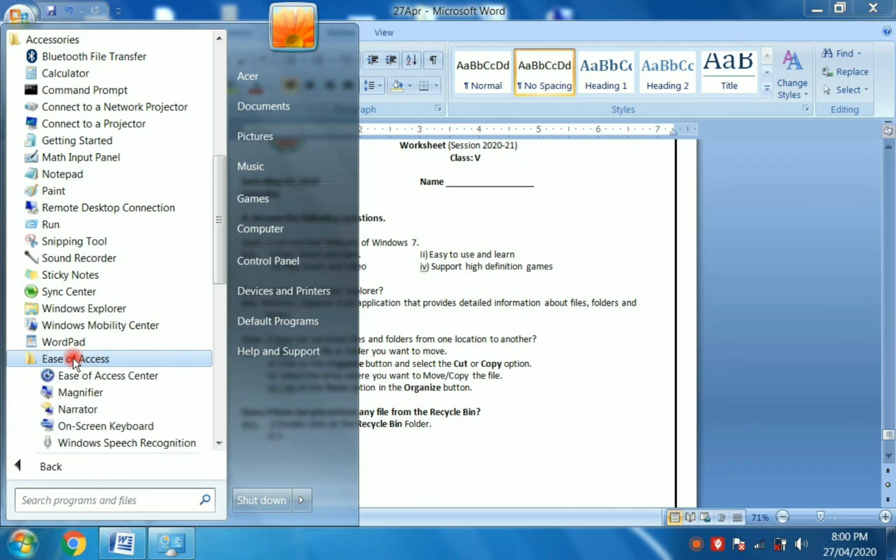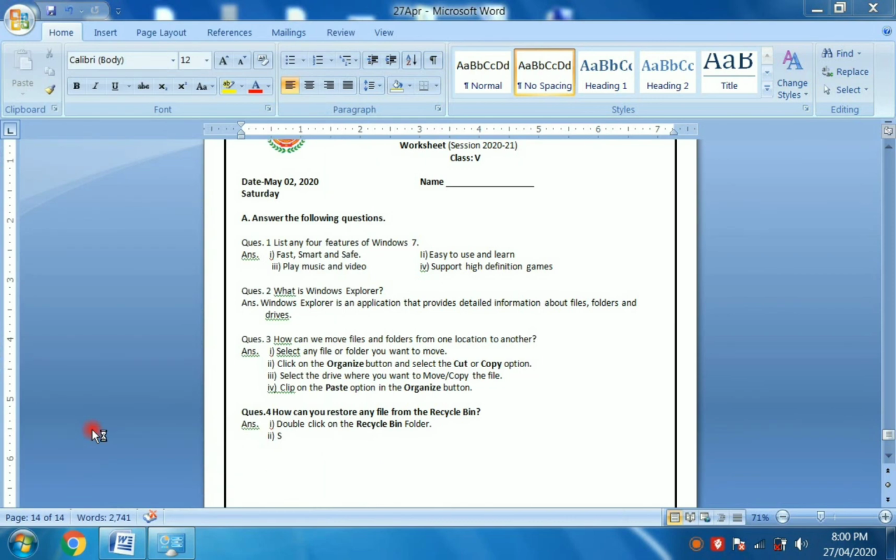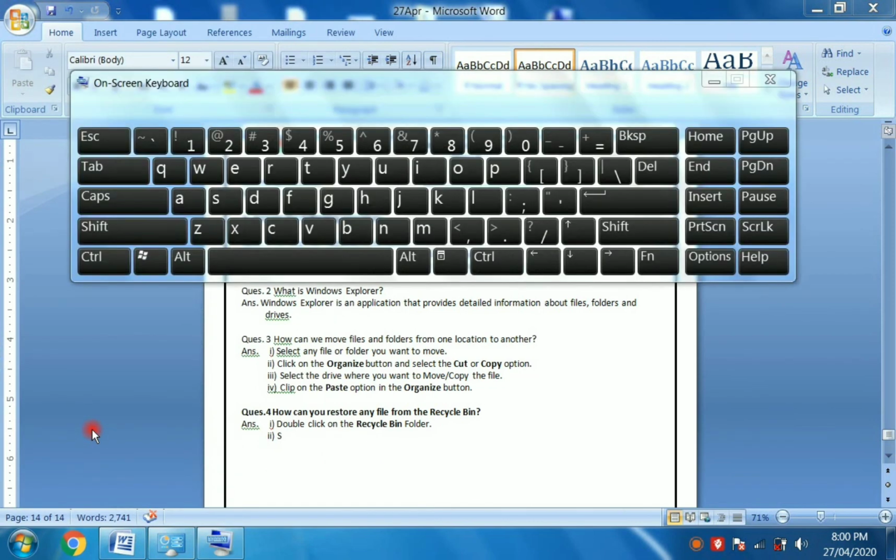Just click on it and then click on on-screen keyboard. See, this is the on-screen keyboard. If your keyboard is not working, you can open this on-screen keyboard to work in any application in which you are working.